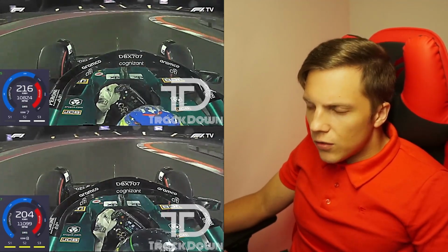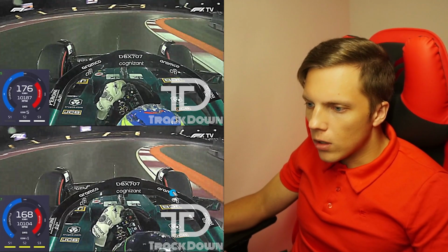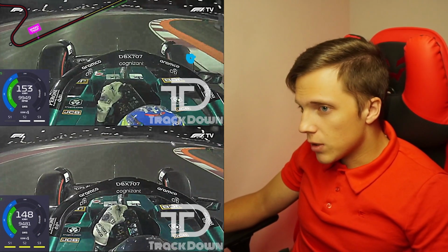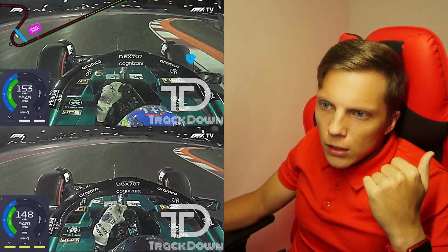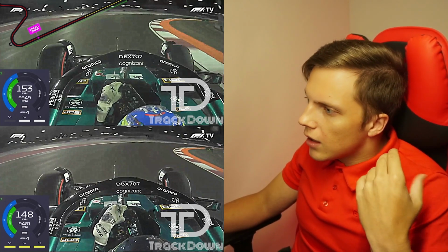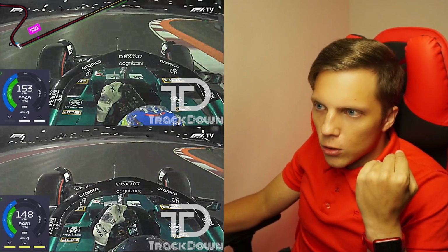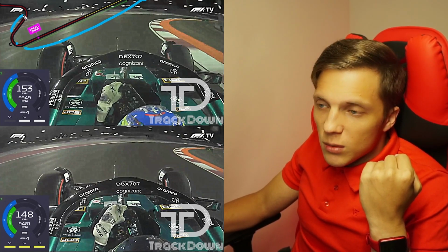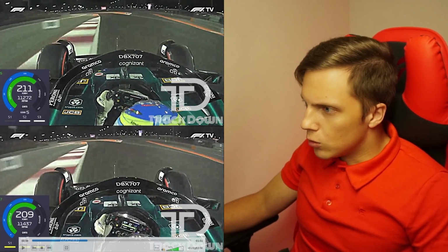But now check the difference in driving lines. Lance Stroll is picking a pretty early apex, while Fernando Alonso will be way later with his apex. And you actually can do this in this first turn, because the turn itself is pretty long with a huge square, so different lines can be applied, and I actually like Lance's early apex in this particular corner, because the track has a long straight before it, and the straight after it is pretty short, so a good turn for Lance. But unfortunately, it will be the last good turn for Lance Stroll.